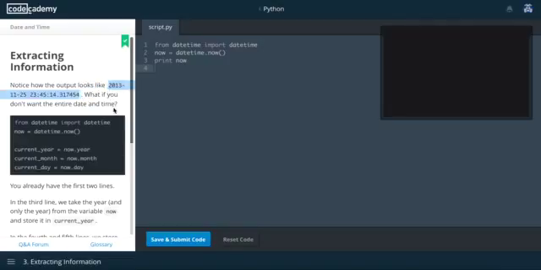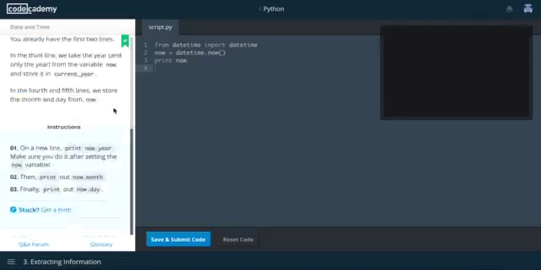So now what we want to do is to separate each. So we're going to separate the year from the month, and then from the day, and then the hours, minutes, and so on and so forth. So for now, we're going to print now dot year to print just the current year, no month or date, just the year. And then